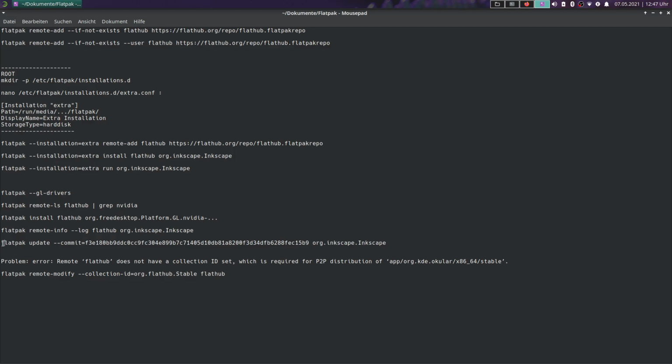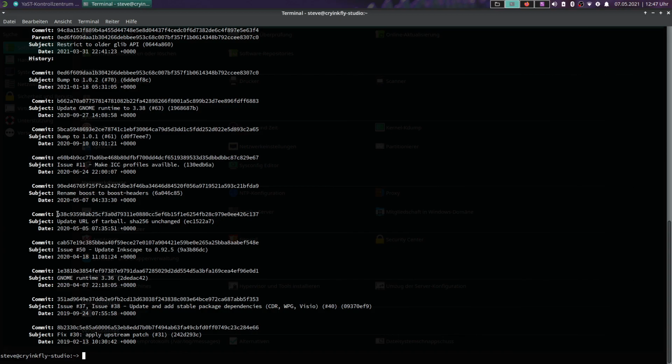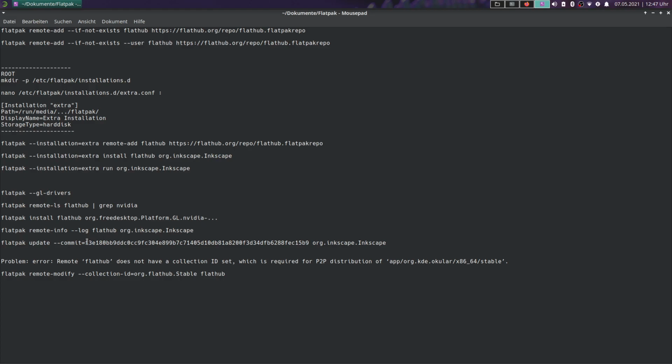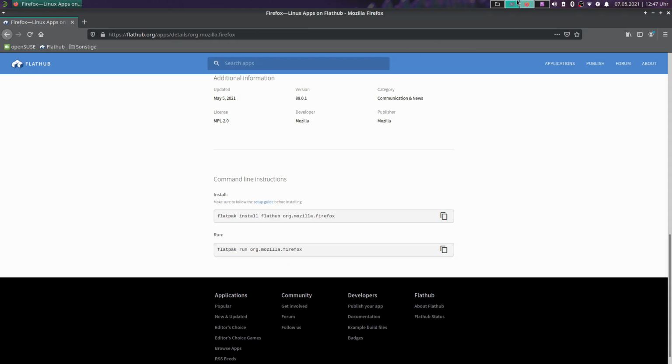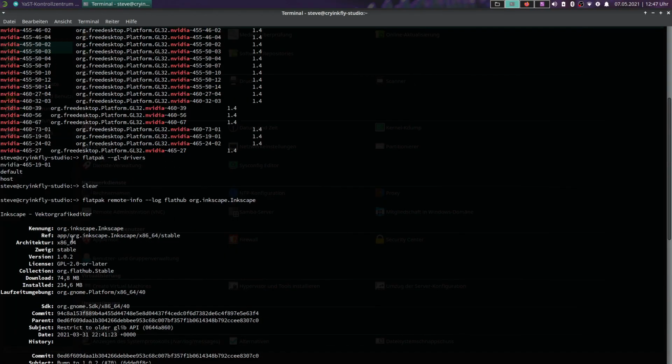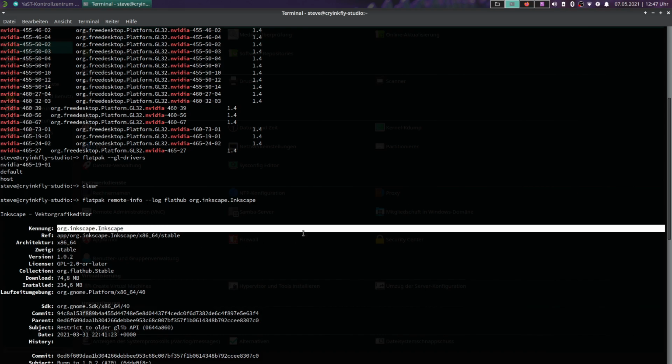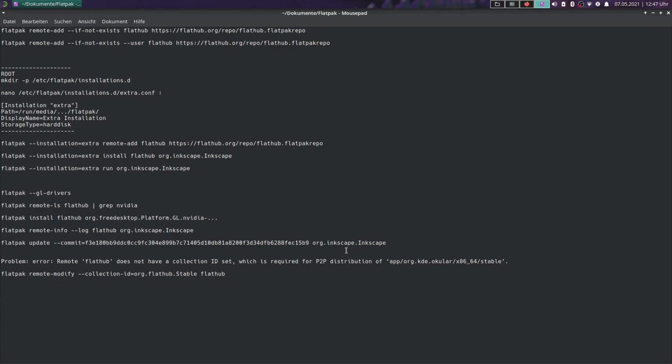Here with this command here, flatpak update --commit, and then you must input here this text here, which version you will install here with Flatpak, and this one here, in this application ID you must input in the last point here. Okay,